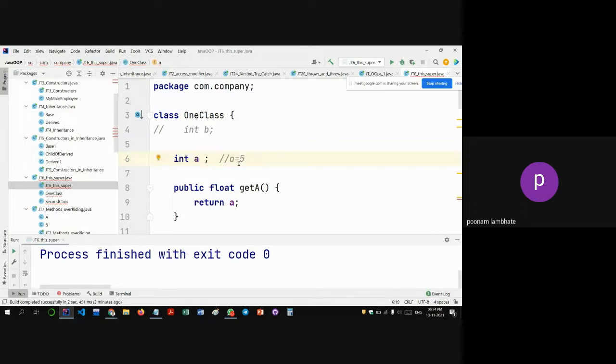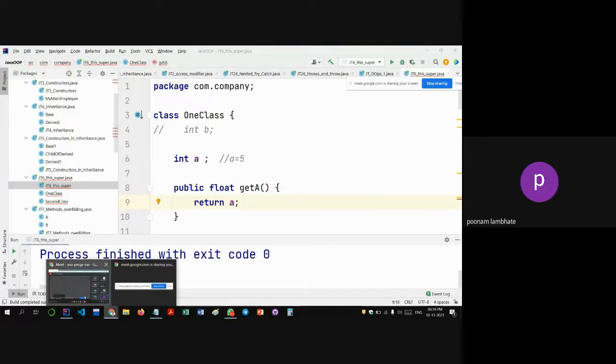Right. Just now we saw A has been, what is the value of A? They have written it also here. Fine. It is 5. It is 5. Okay. So when we return A,